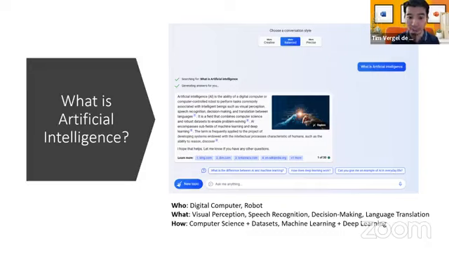What is it able to do? What are the abilities? It can do things like visual perception, speech recognition, decision making, and even language translation. So some of them I was able to demonstrate in a quick conversation a while ago. But how is this possible? How does it do that, right? So it is a combination of computer science and then the data sets, right? Essentially a large amount of data like the web, right? And then machine learning or deep learning. So I will try to elaborate on these terms so that you can understand the building blocks. How did we get here in the first place,